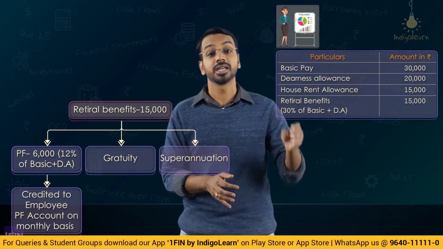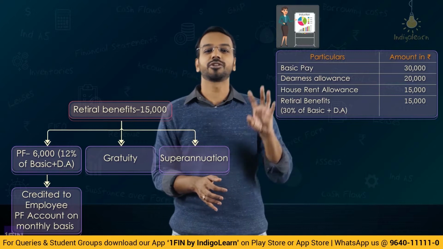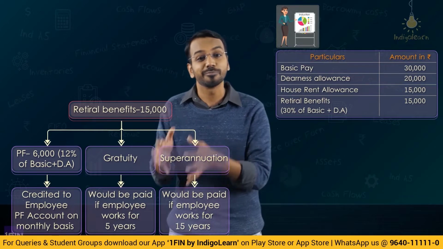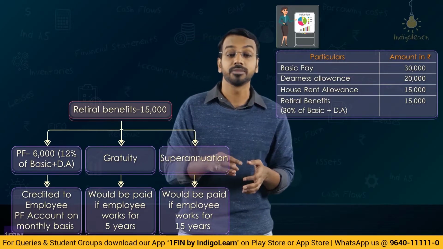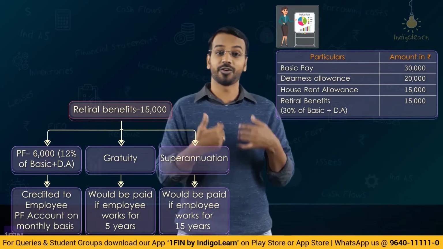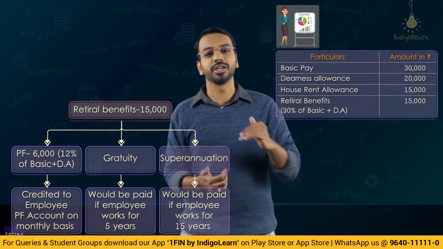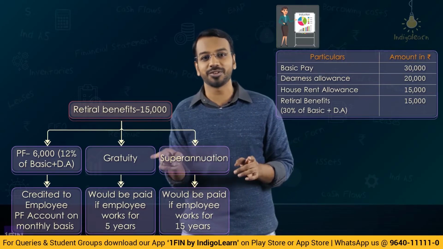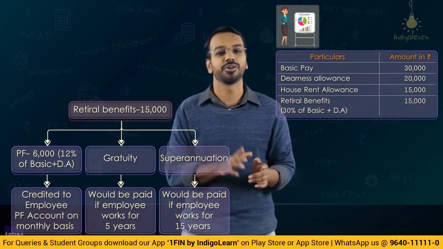But the catch was, gratuity will be paid after you complete 5 years of service. So they included it as a part of the CTC, because if an employee works for 5 years, the company has to pay. What if the employee leaves within 2 years? Then the company is not needed to pay. And for us, if we left the company in 2 years' time, gratuity was lost. We would not get any gratuity. It was told that it's part of your CTC, but it does not come to your hand.